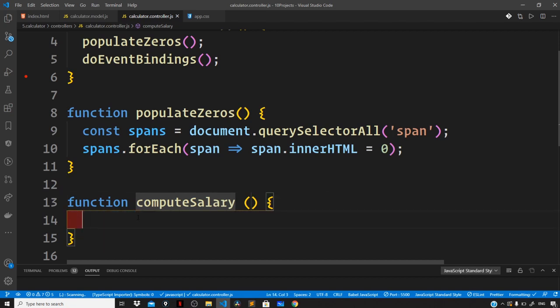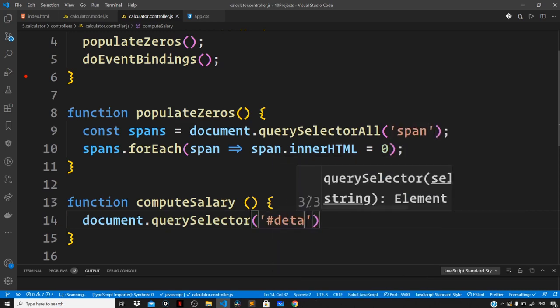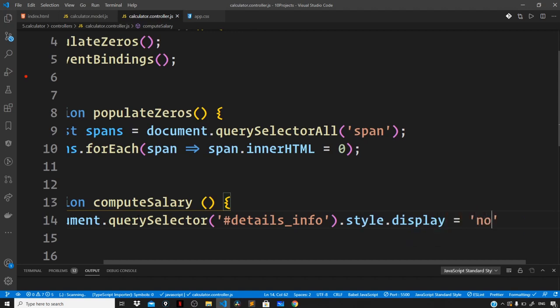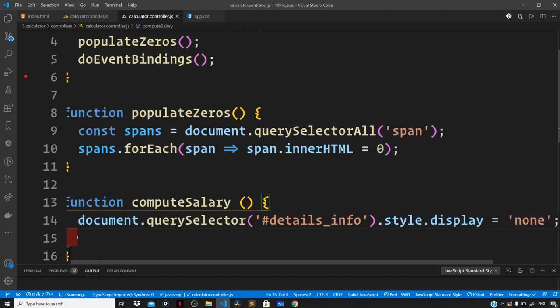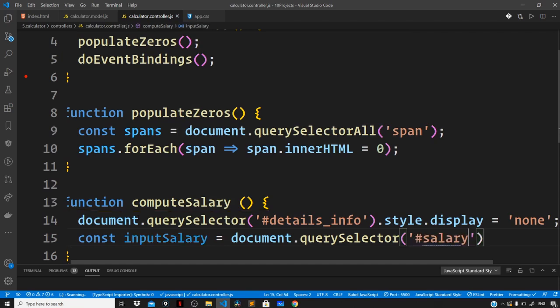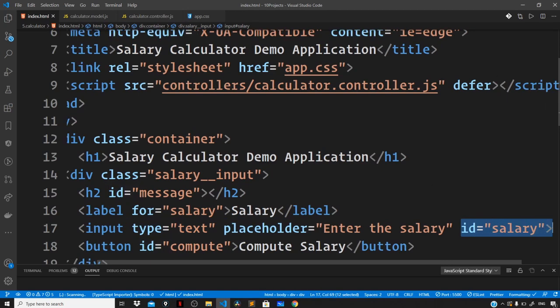Now the very first step is to set the details info display property to none. So document.querySelector, select the details info container and set the display property to none. So initially we don't want to display the details because we are yet to compute that. Now the next step here is to reach out to the DOM and grab a reference to our input control and tap the value that we have inside it. Let us store this in a variable and let us name it as input salary. So document query selector salary dot value. So this is our input control with an ID of salary, and we are grabbing the value that we have